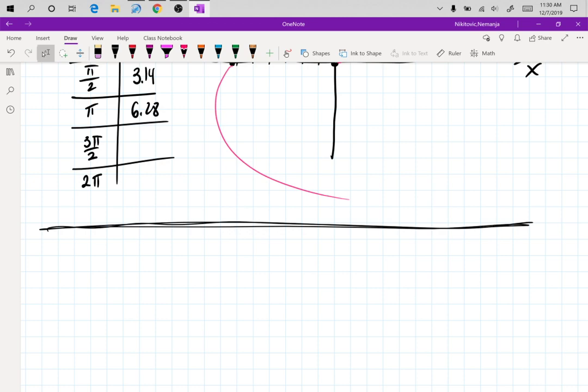And then I'm going to push enter, and go into window, and I'm just going to make x to be -6 to 6, and y to be -4 to 4. And the reason why I'm doing this is so that the graph is not squished, because the screen is not square. And now when I push graph,